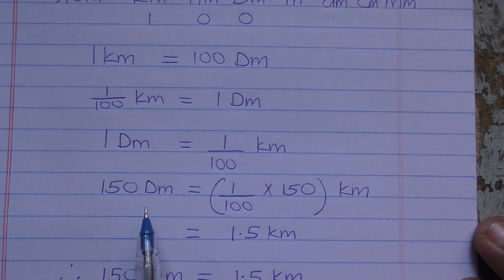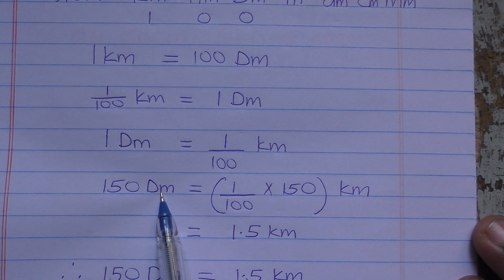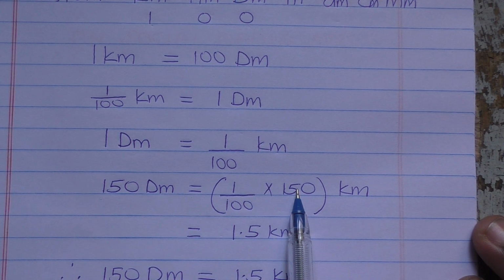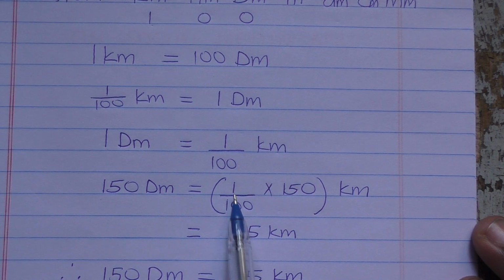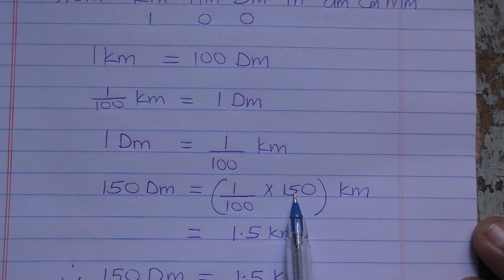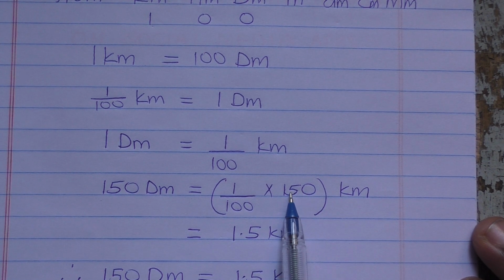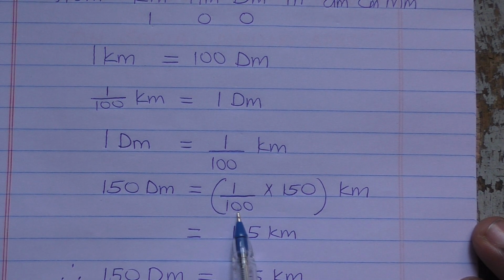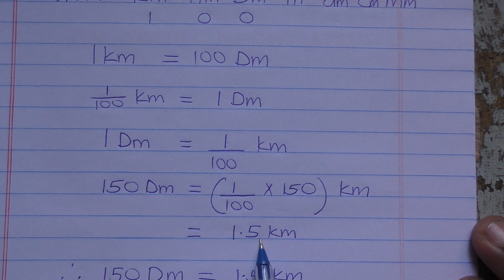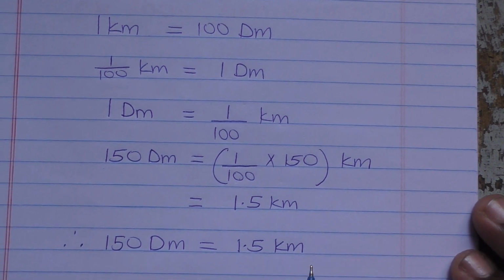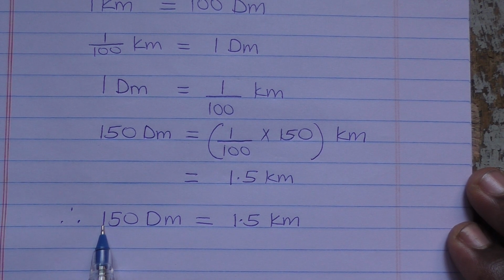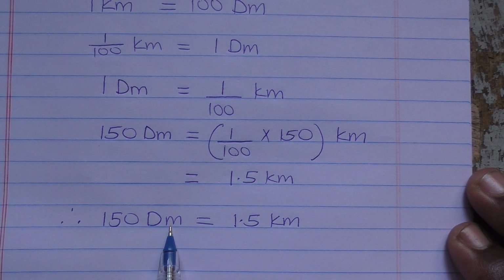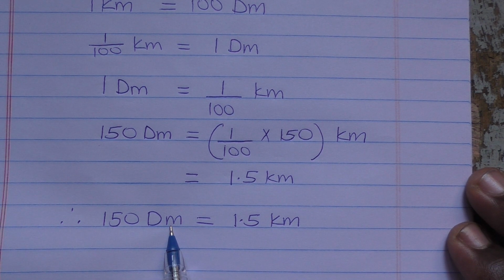What about 150 decameters? It would be 150 divided by 100, or 1 over 100 times 150. When we divide 150 by 100, we shall end up with 1.5 kilometers, implying that 150 decameters are equivalent